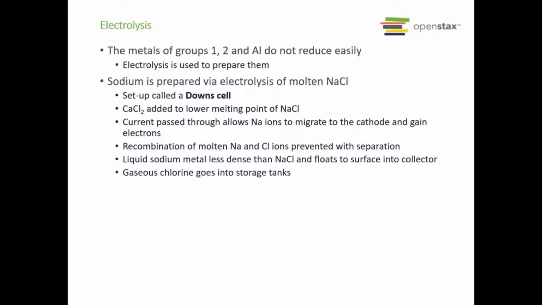So the metals in groups 1, 2, and aluminum don't reduce easily. So generally electrolysis is the process that we use to prepare them. The first one is sodium, which we generally prepare using electrolysis of molten NaCl. We melt that sodium chloride down in what is called a Downs cell. In the electrolysis, you have your sodium chloride, we liquefy it by melting it, and we use electrolysis and a lot of heat, 600 degrees Celsius, and this gives us